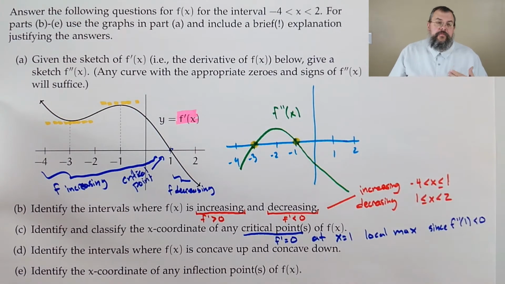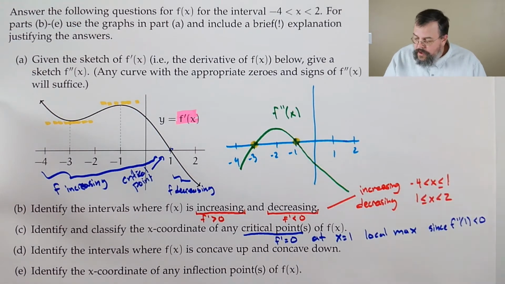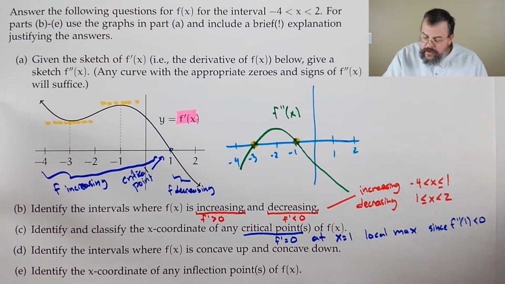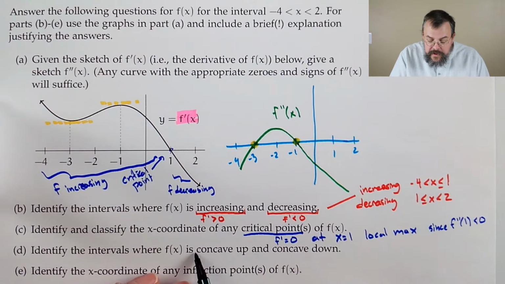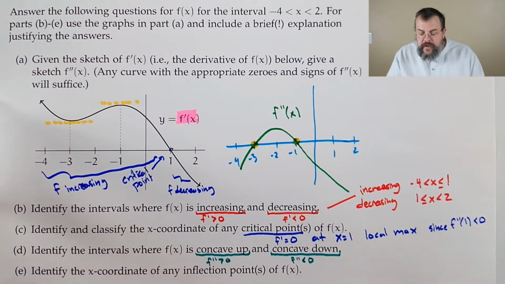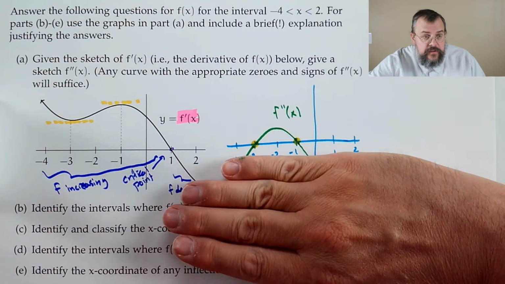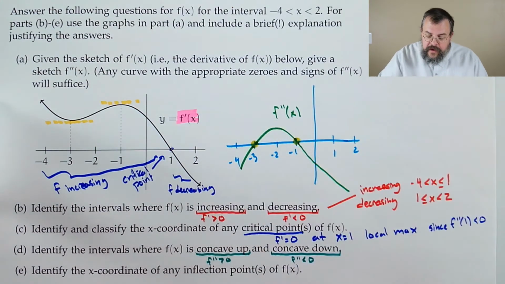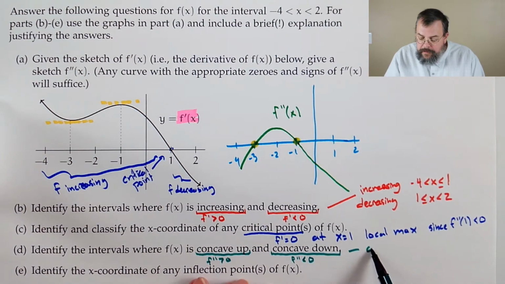Okay, good. Now, part D. Well, the next thing we want to do is identify where f of x is concave up and concave down. Now, concave up, this is where our second derivative is positive, and concave down, this is where our second derivative is negative. So now we switch to our second derivative. Come to this picture. Where are we positive? So where are we above the axis? Well, that's this little blip here. So we're concave up